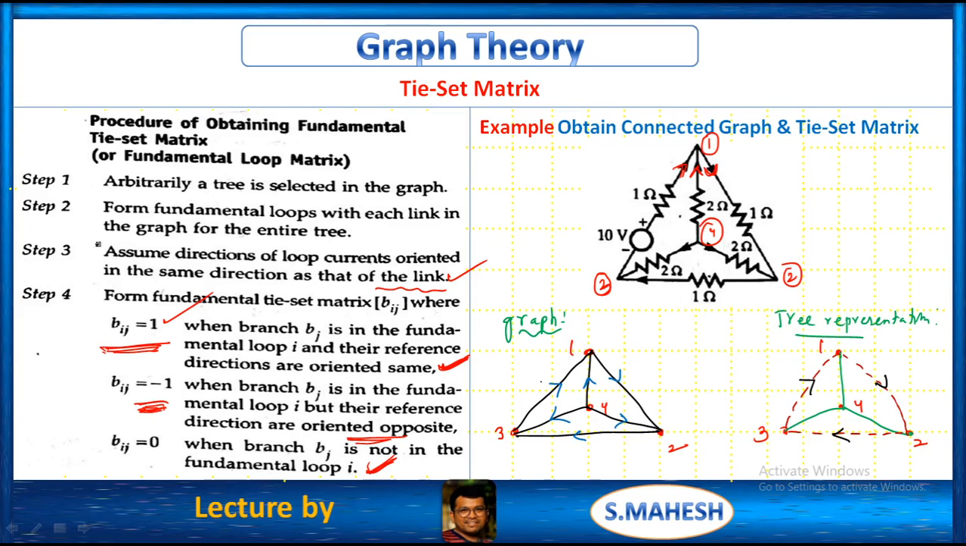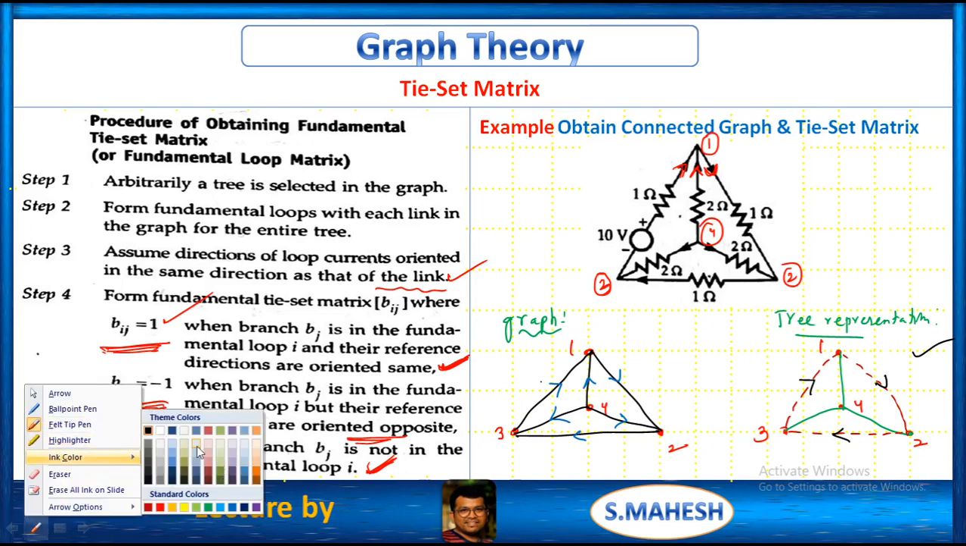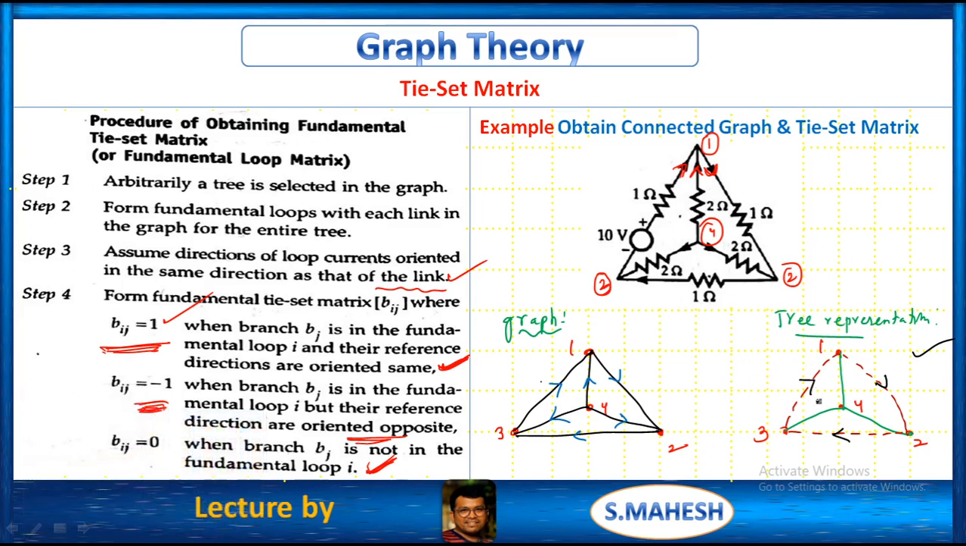Now first arbitrarily a tree is selected. Clear. Form fundamental loops with each link in the graph for the entire tree. Now we have to form the fundamental loops. Let us take the blue marker. Fundamental loops: assume directions of loop currents oriented in the same direction of that